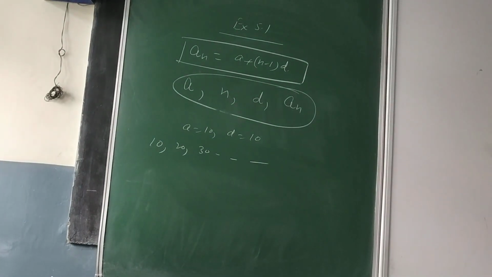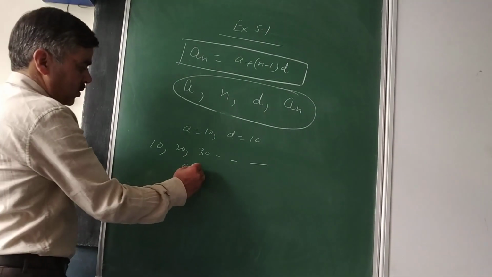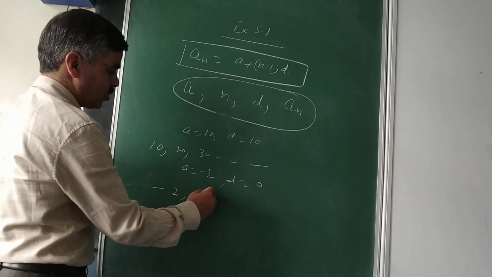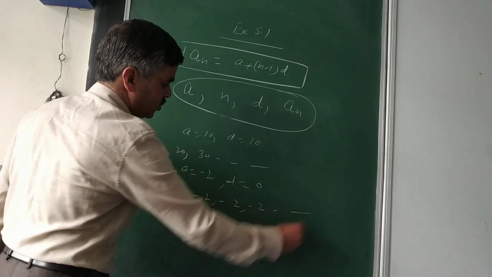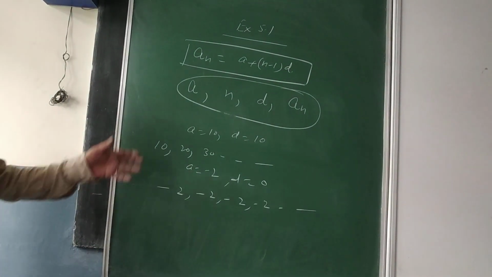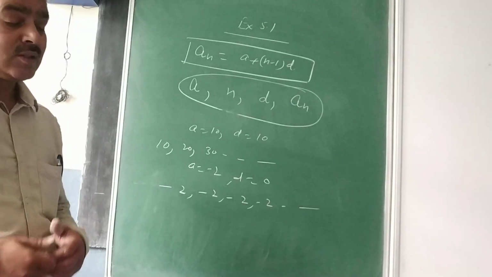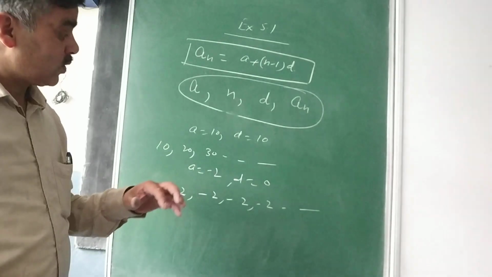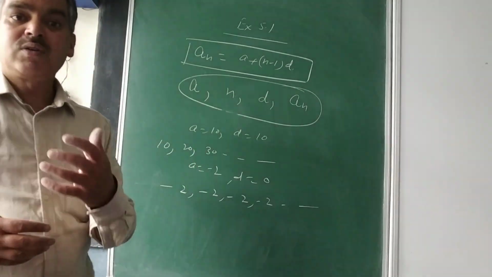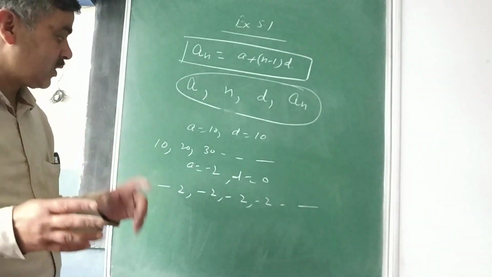And then your second part. Now A is equal to minus 2 and D is equal to 0. What happens? Minus 2. Keep on adding 0: minus 2, minus 2, minus 2 and so on. So this is an arithmetic progression. Very interesting result. That's why the questions are arranged systematically and very smartly to make you understand and to check your ability. Sometimes your questions will not be given straightforward in your examinations, dear students. So please make a note of this key.